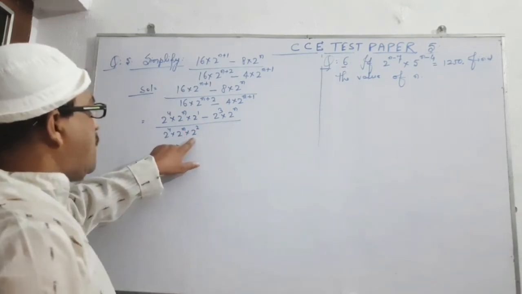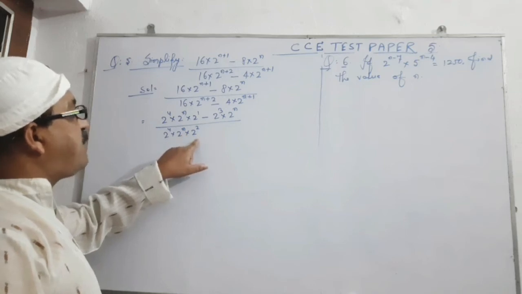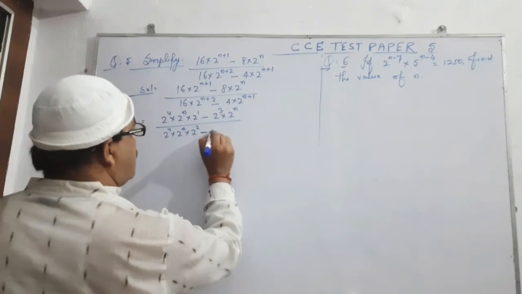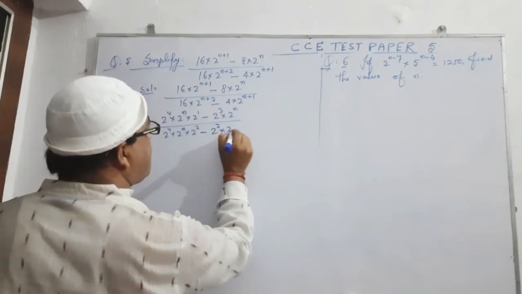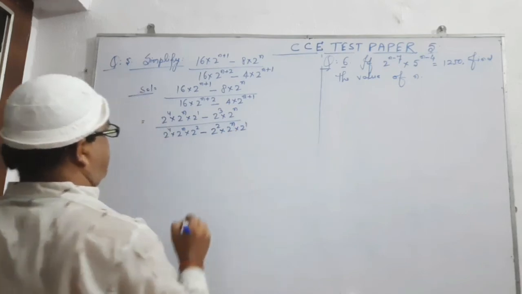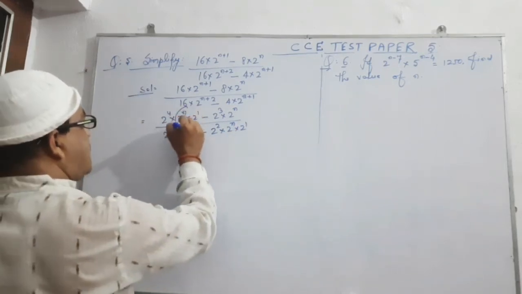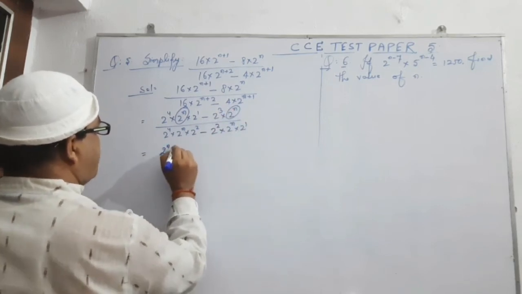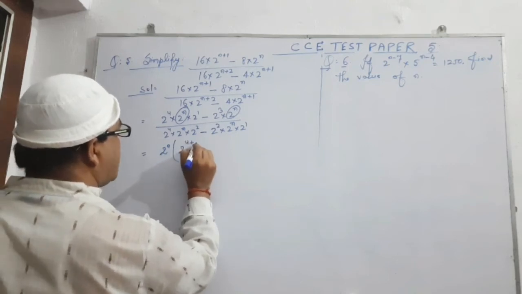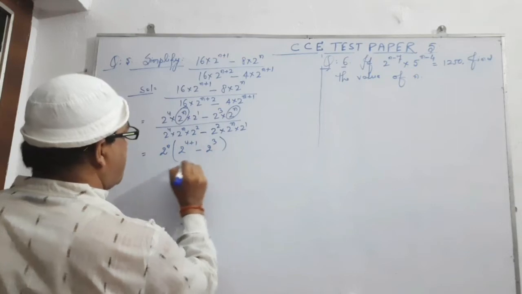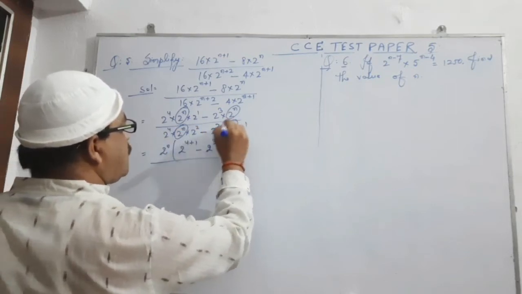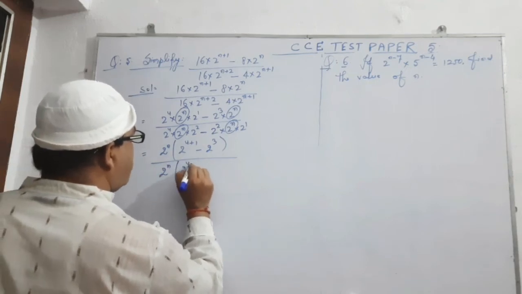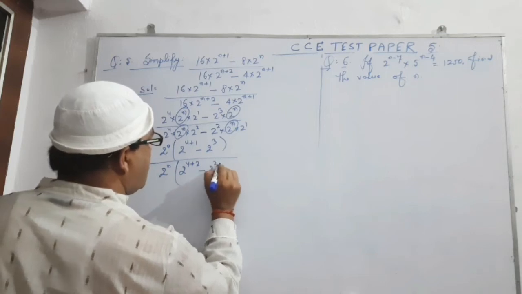As we know, when we write these questions in exponential form, it becomes 2 to the power n plus 2. Now minus 4, you may write 2 to the power 2 into 2 to the power n into 2 to the power 1. Here we have seen 2 to the power n, 2 to the power n, so we can easily take it common, and 2 to the power 4 plus 1 minus 2 to the power 3. Again 2 to the power n and 2 to the power n, we take it common, and 2 to the power 4 plus 2 minus 2 to the power 2 plus 1.